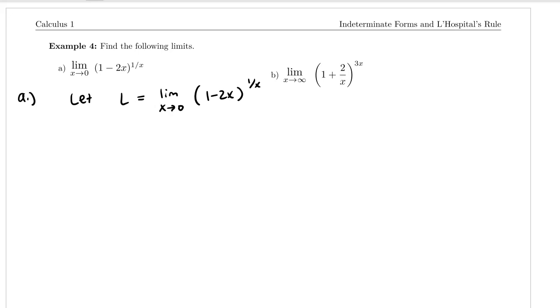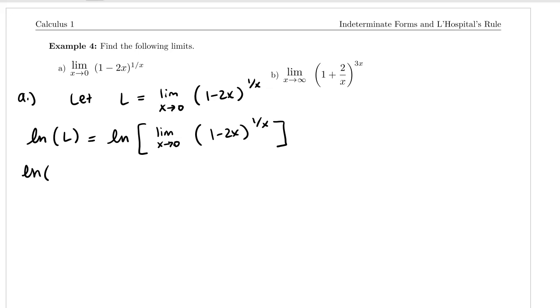At this stage, I'm going to take the natural log of both sides of this equation. This should look kind of familiar because we did something similar when we were doing logarithmic differentiation. The reason that we're taking the natural log is so that we can get the function outside of the exponent. Now, at this stage, we get that the natural log of capital L is equal to,